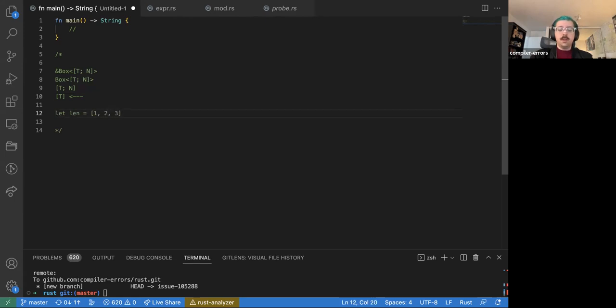like [1, 2, 3], which has the type... this does not have a slice type. This has an array type of 3, with a length 3. We're allowed to call slice methods on it, like .len. And this is just, I guess, because